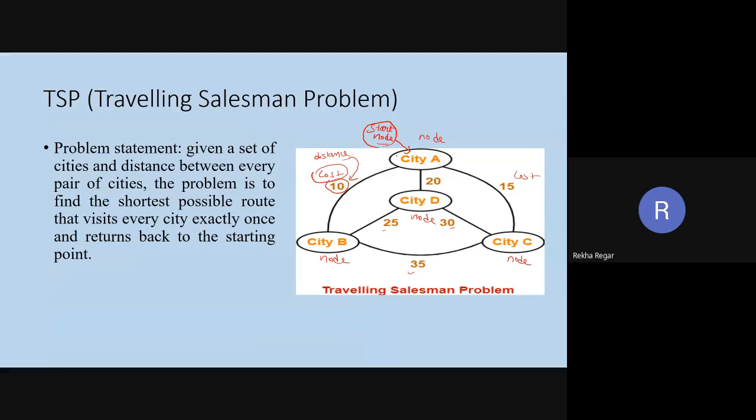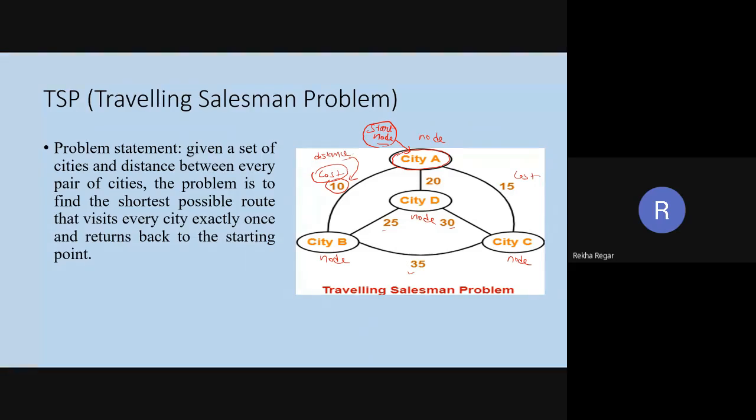So from A, how many possibilities do we have? When I am at city A, how many possibilities do I have for next? Guys, how many cities are connected with A?